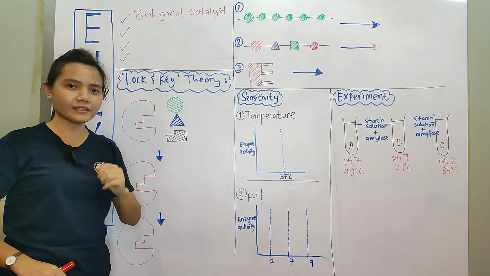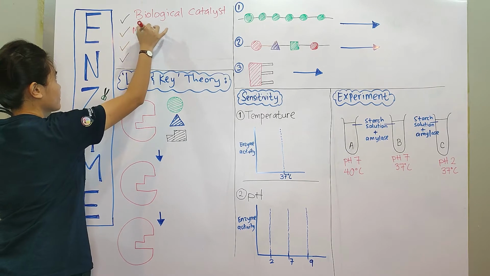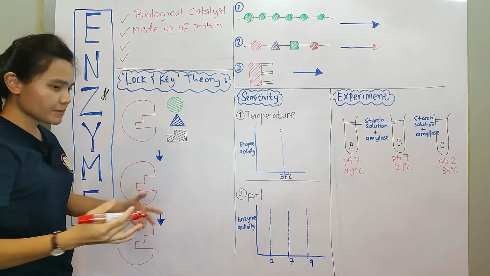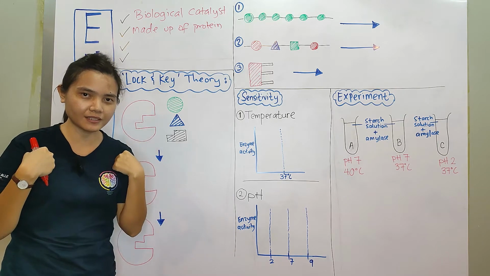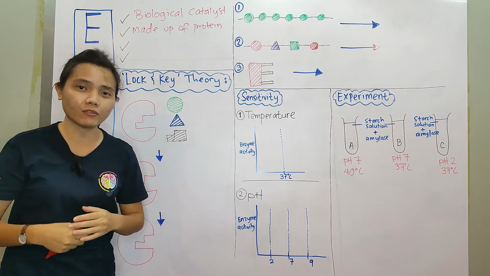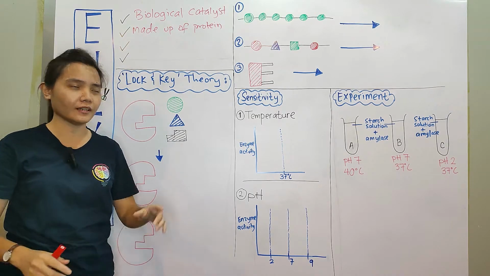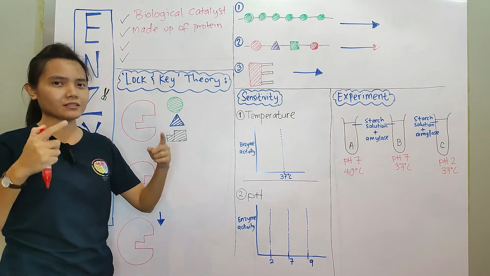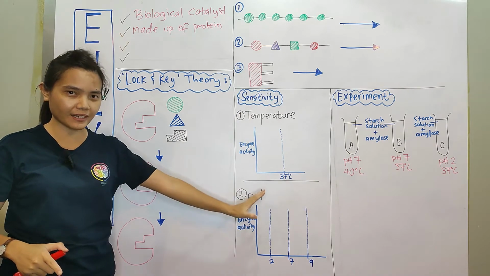Second one, what is enzyme? It is made up of protein. Enzyme is made up of protein. But this is a biological catalyst, so this enzyme can be found inside your body, and most of the time it is made up of protein. You are also made up of protein. Your hair, your skin, your muscles, they are all protein. So enzyme that can be found inside your body is also made up of protein. Because they are made up of protein, they are very sensitive to temperature and pH. I will explain later, alright?